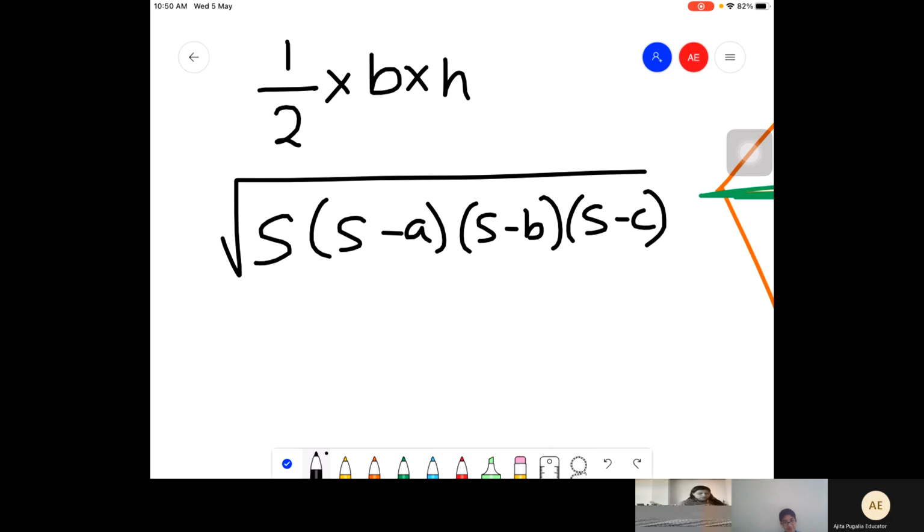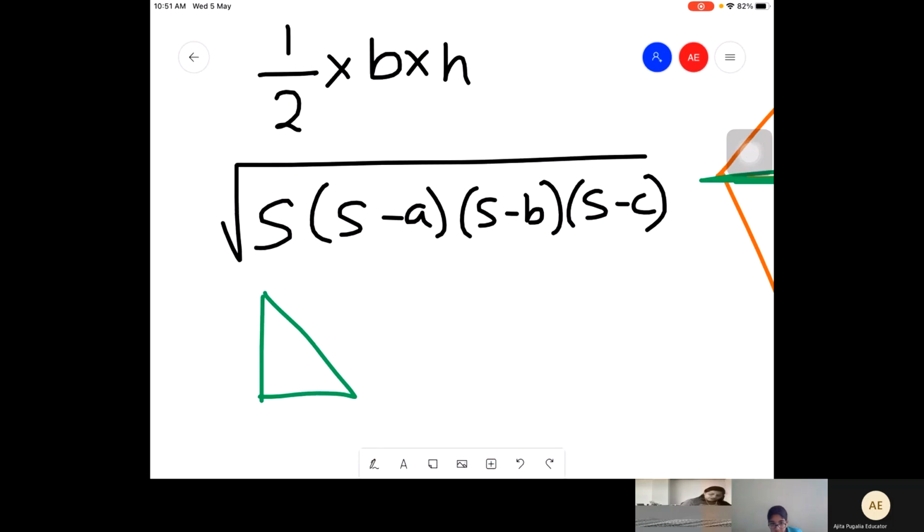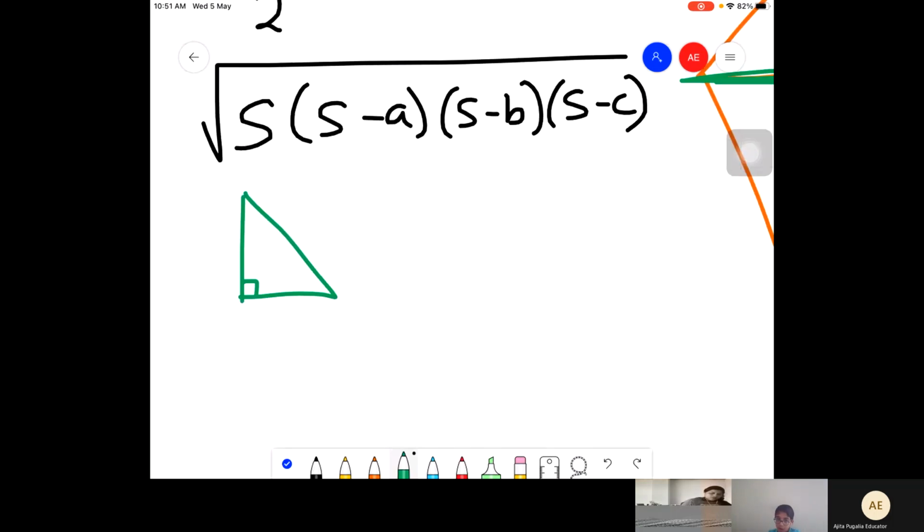Okay, let's say I'll start off with an easy one. Let's say equilateral triangle. No, not equilateral triangle, right angle triangle. Tell me if it's a right angle triangle then. Ma'am, I don't see anything. Have you drawn anything? I still see the S minus B, S minus C. No, I haven't drawn the right angle triangle. I'm drawing it.